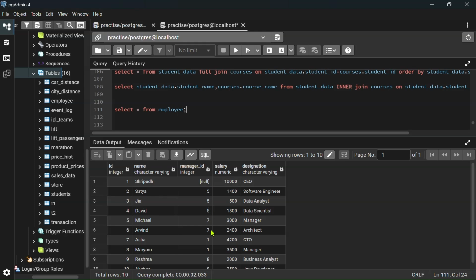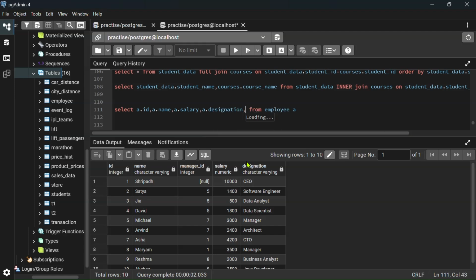So here the self join concept works in that in self join we give two names to the same table. I show you how. Suppose we want id. Suppose this is our employee A. This is the first table. We want A dot id, A dot name, and A dot salary, A dot designation,